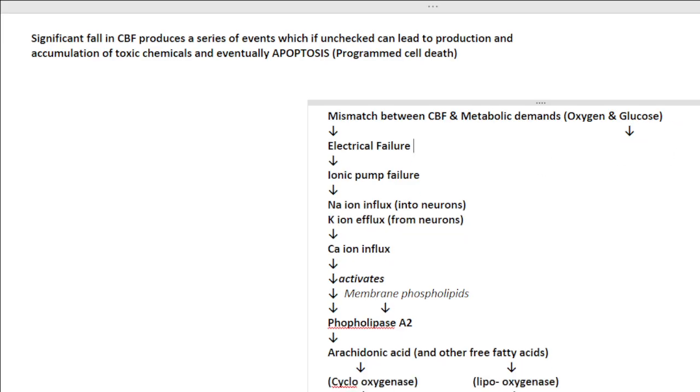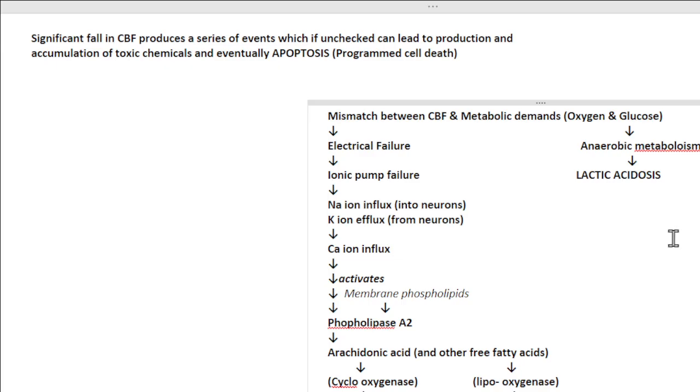No. What happens when there is a lack of metabolic substrates in the cell? Anaerobic metabolism or respiration. What does it give rise to? Lactic acid. Wonderful. So it is very important to understand the cell physiology. So lactic acid it gives. So lactic acidosis